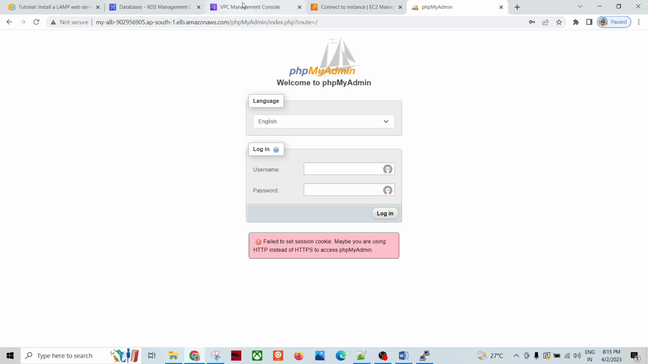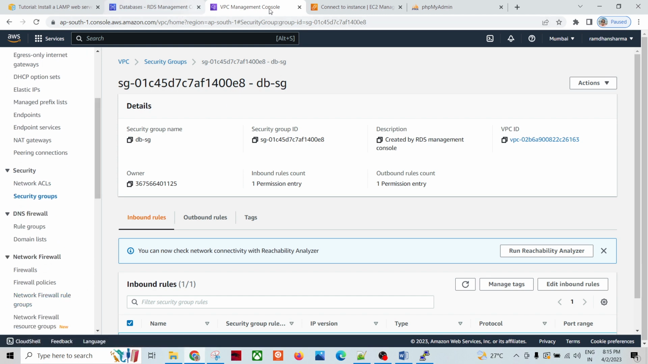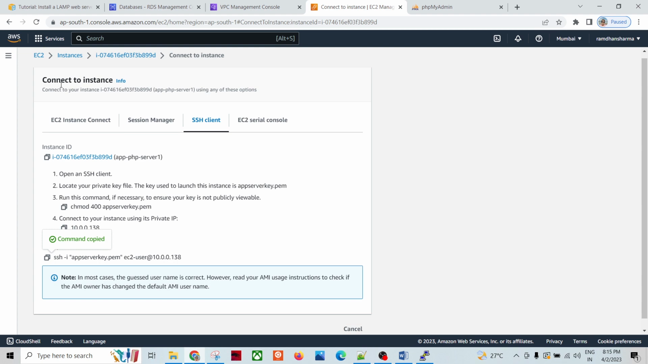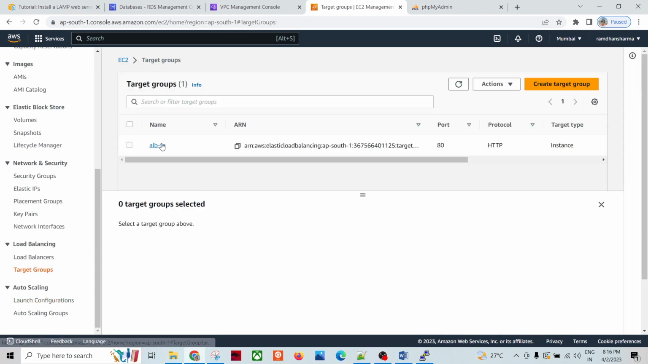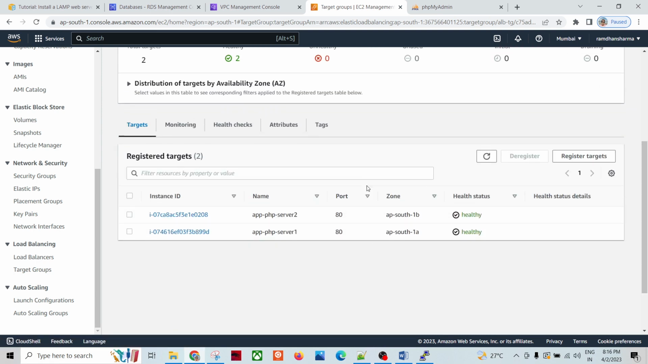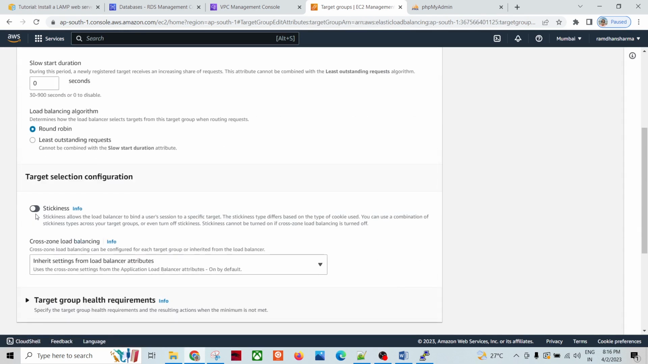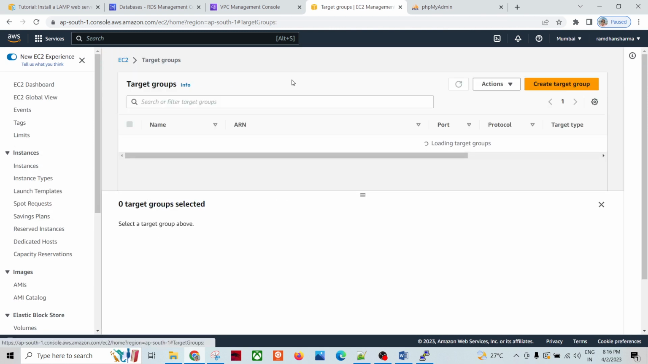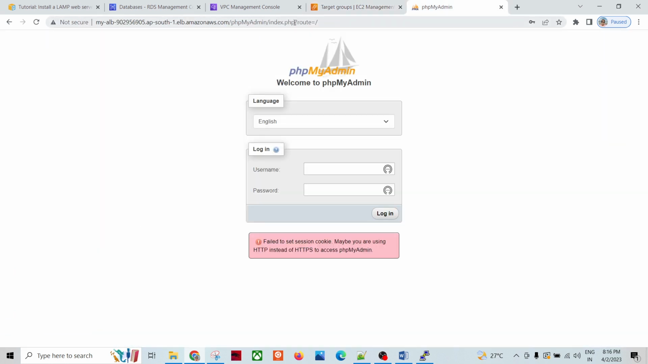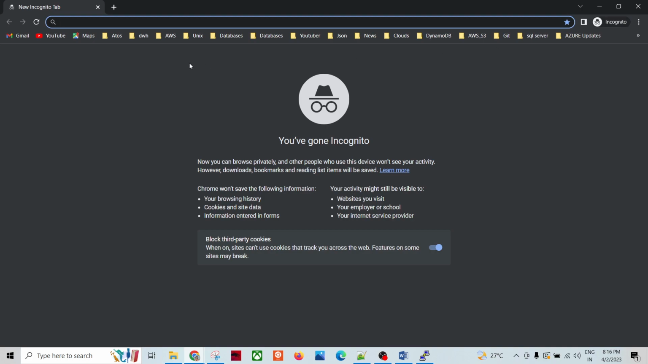So what we can do is we can go to the target groups, not VPC, it's in EC2. Target groups, and you remember we did the attribute modification, right? Stickiness enablement and all. So what we can do is enable the stickiness, save the changes, and open this in incognito mode. Within here, go to the incognito mode, and then